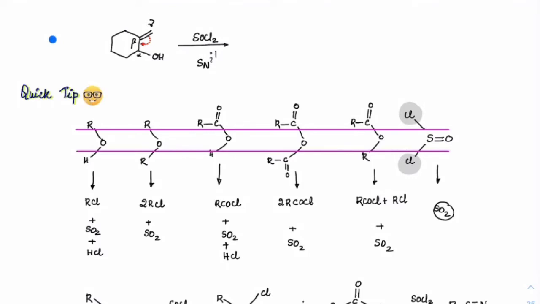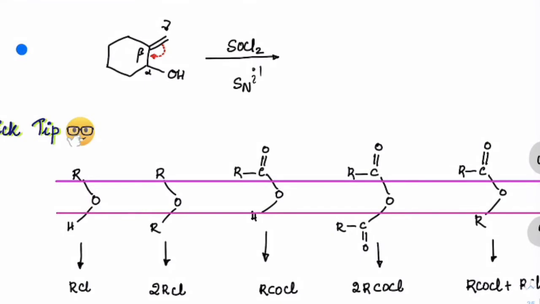In here you can see this is also at the allylic position. This OH is leaving from here, and with respect to that, this is an allylic position. So chlorine will definitely form at that allylic position. The double bond will be shifted here and chlorine would come at this place. This will be the final product.